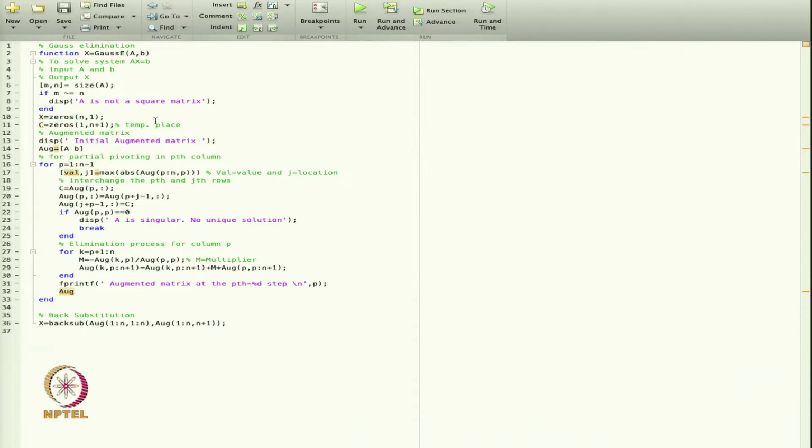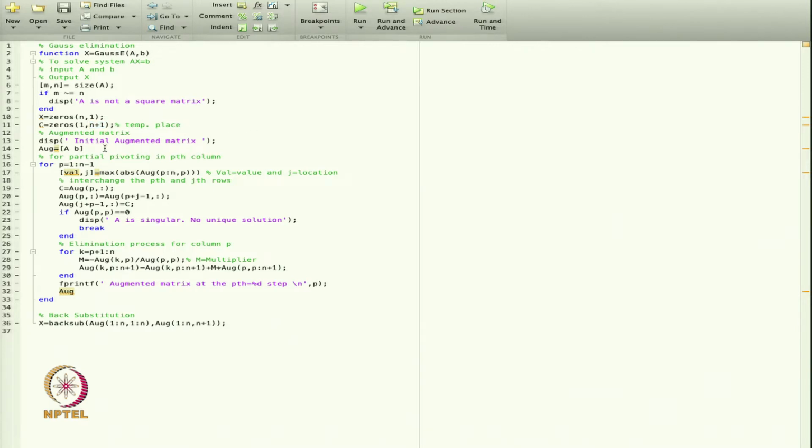Now, I define a temporary vector c, that is also zeros 1 and n plus 1. In this case I am defining a row vector with all values 0, with 1 row and n plus 1 columns. We are doing this because we have to deal with the augmented matrix, and in the augmented matrix the number of columns increases by 1, so we are taking n plus 1.